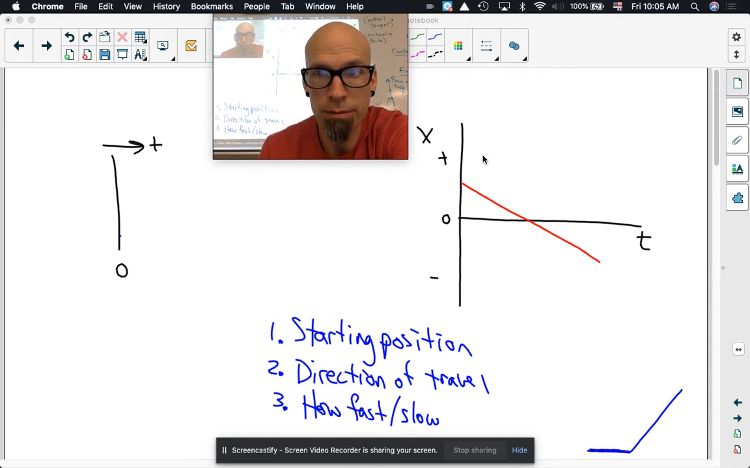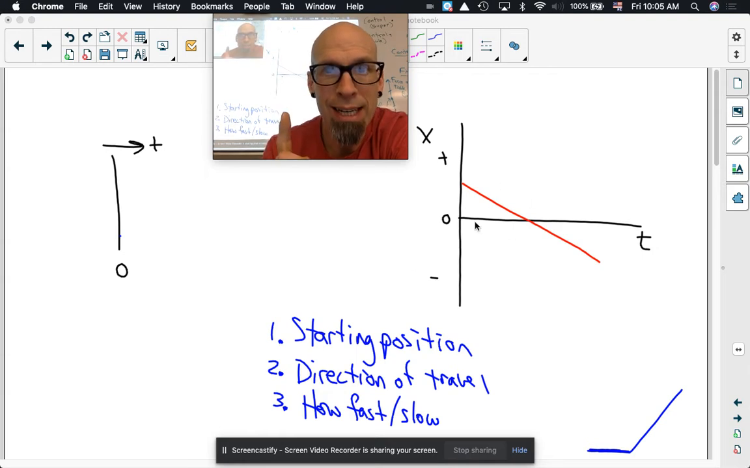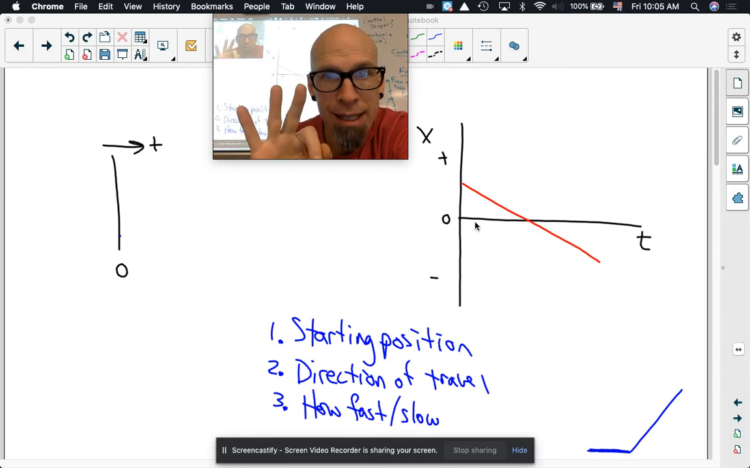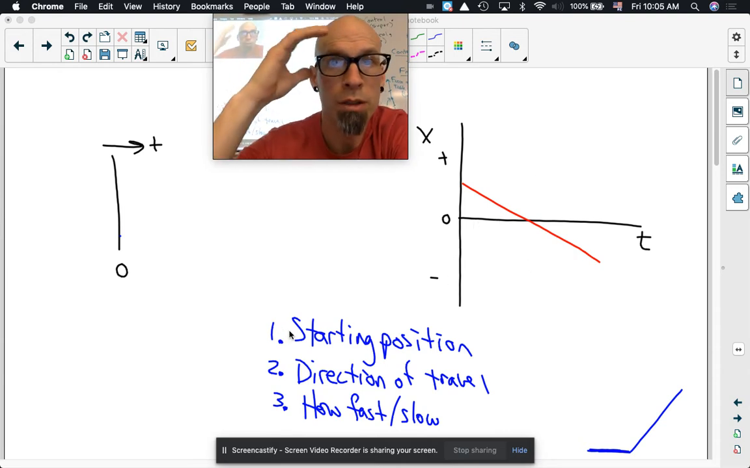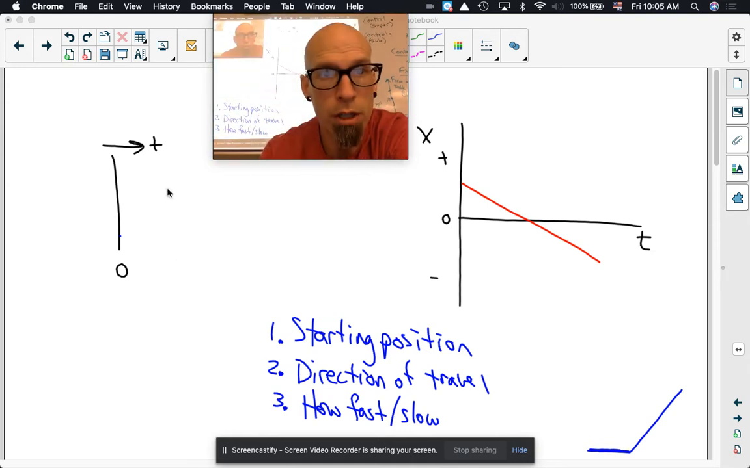With this graph right here, I sketched this graph, and then I said, okay, can you draw a motion map that works for this graph? And then I said that there are 3 basic things that we need to be able to identify and describe from a graph. Number 1 would be the starting position, because you need to know where to put your first dot on your motion map based on this graph and what it looks like. So starting position,